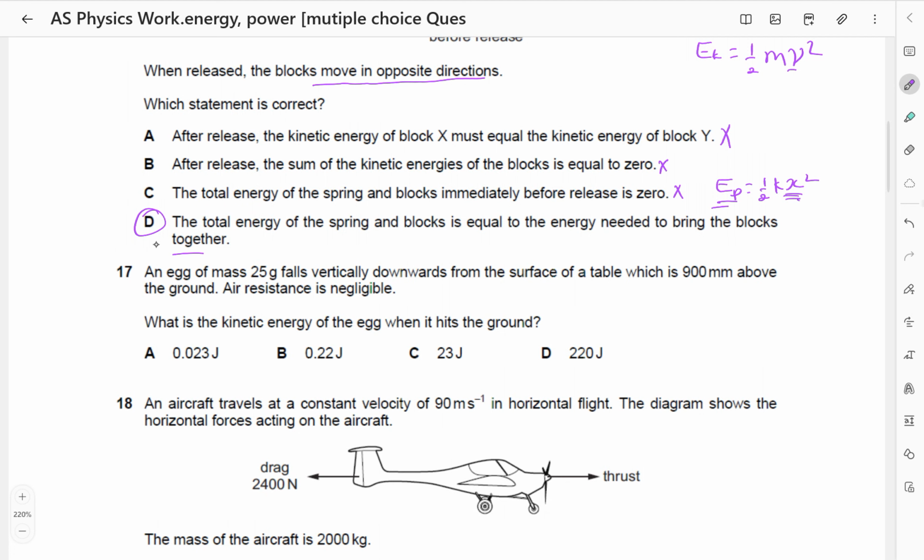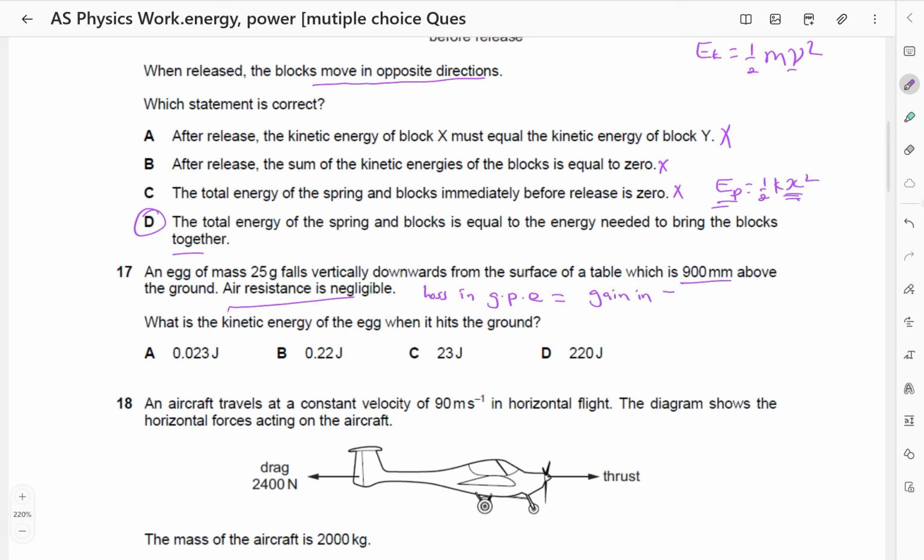An egg of mass 25 grams falls vertically downwards from the surface of a table which is 900 millimeters above the ground. Air resistance is negligible. So when air resistance is negligible, then acceleration due to gravity can be g equals 9.81. What is the kinetic energy of the egg when it hits the ground? Since air resistance is negligible, we shall simply say that the loss in gravitational potential energy should be equal to the gain